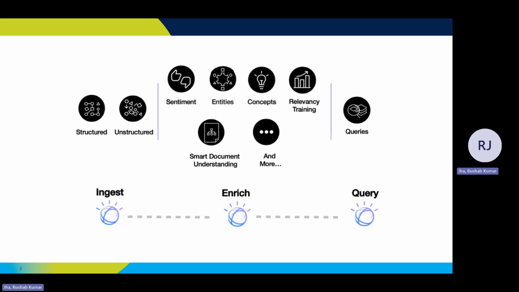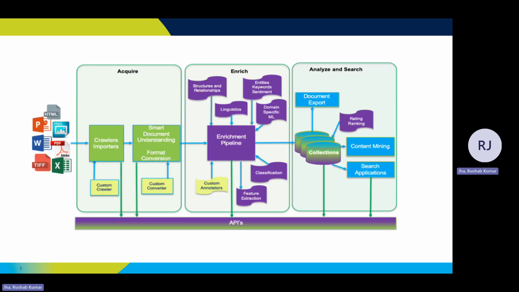Now you must be thinking, how does Watson Discovery do it? So it does this by using data analysis combined with cognitive intuitions to take your unstructured data and then enrich it so you can discover the information that you need. In the next slide, I'll describe the three processes a bit more.